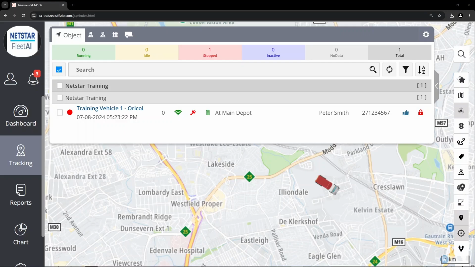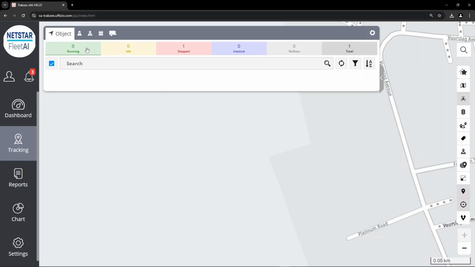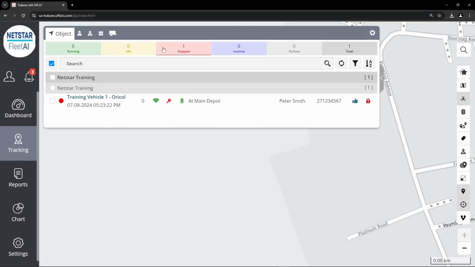You will also see 6 color status tabs for the vehicles listed in the object window. These tabs will give a count for the total number of vehicles based on the status selected, namely green or running for vehicles that are currently moving or being driven, yellow or idle for vehicles that are stationary and the vehicle ignition is deemed on but not moving,